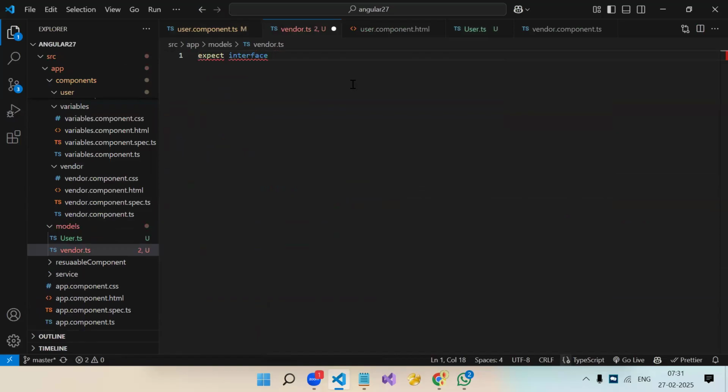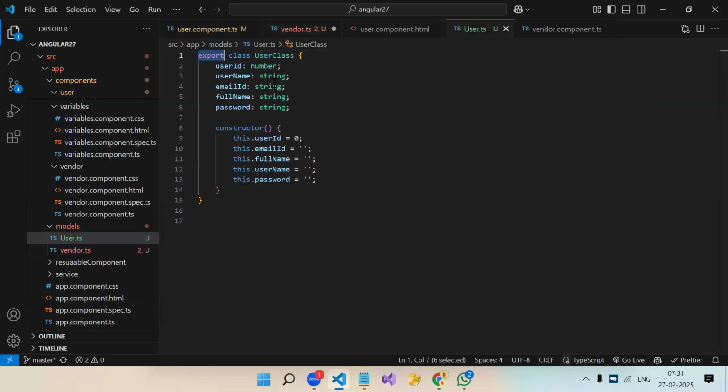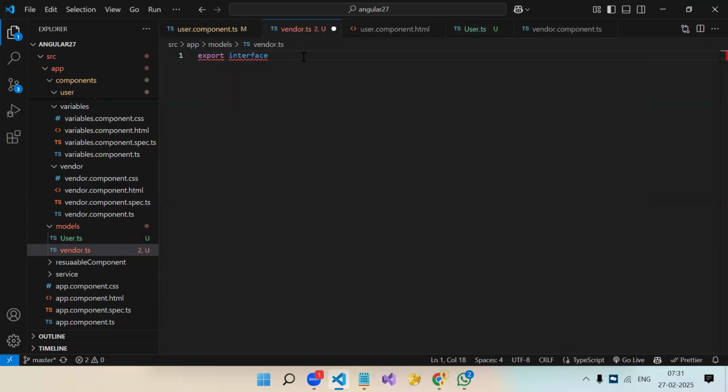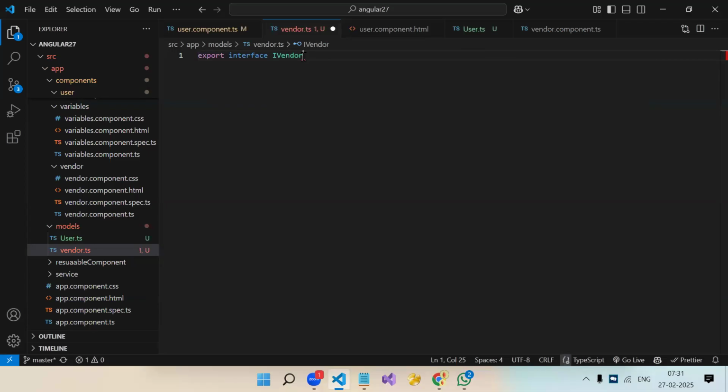Then our interface name. When we work in an industry, whenever you create a class, your class name should be capital. And when you create an interface, the name should start with I, denoting this is an interface. IVendorList. Okay.